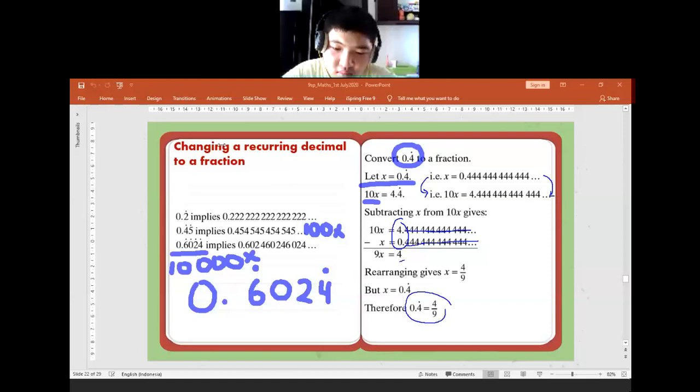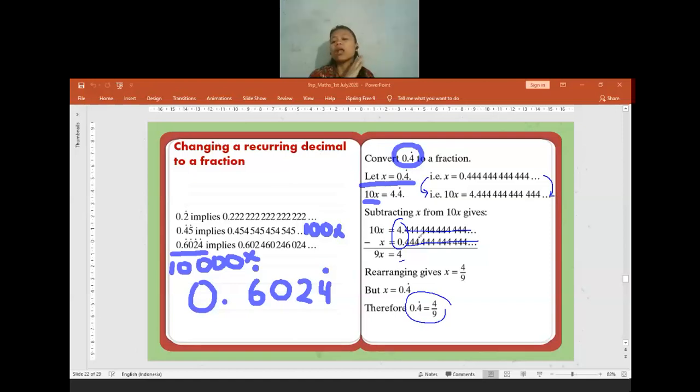Yeah, we have to do subtraction because we need to cancel so many decimal places that keep repeating. We have to cancel them out. The only thing I can do is subtraction. If I do addition, the answer will be 4.88888 and I will have another recurring decimal, and it will be harder to find the fraction later on.